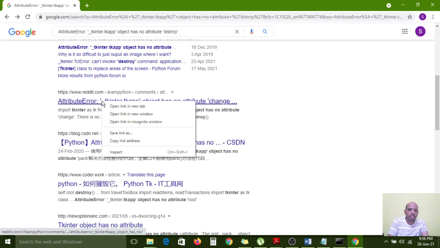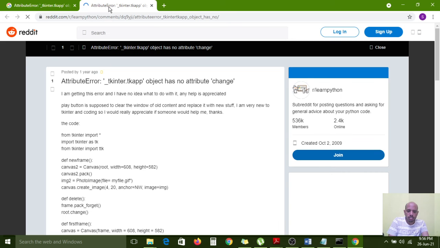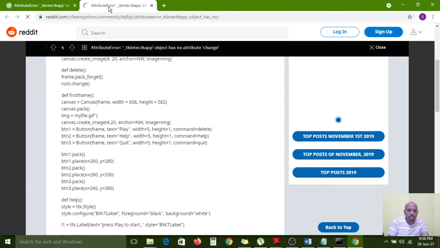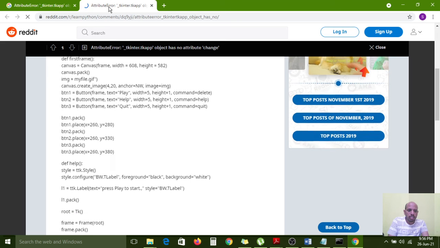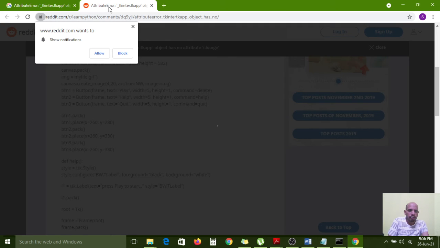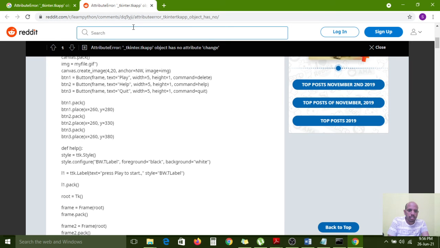Yeah, here it is given. Object has no attribute, change. Delete white. Button 3 white, button 3 pack.